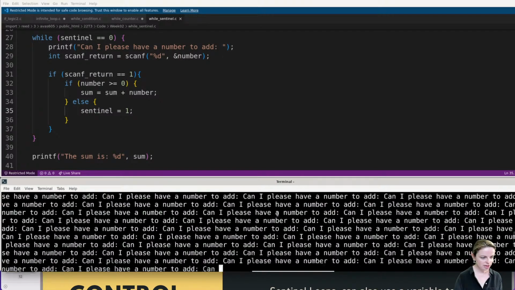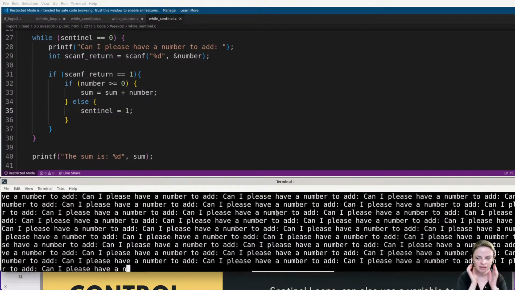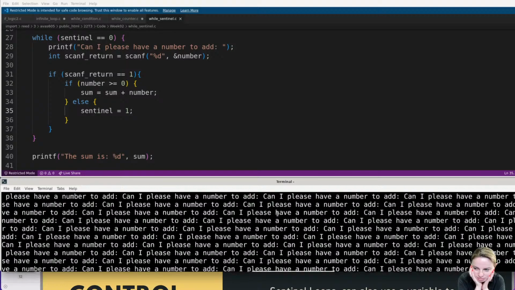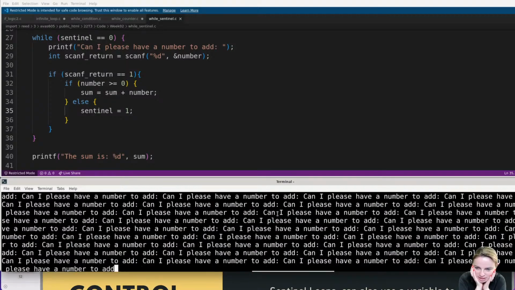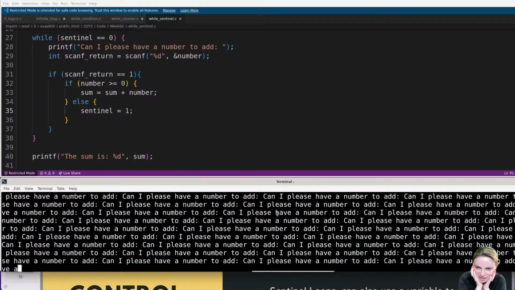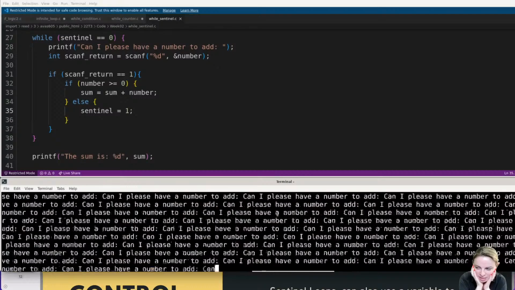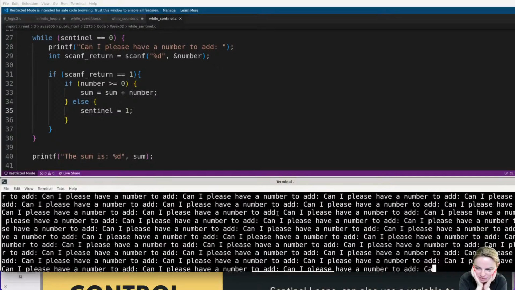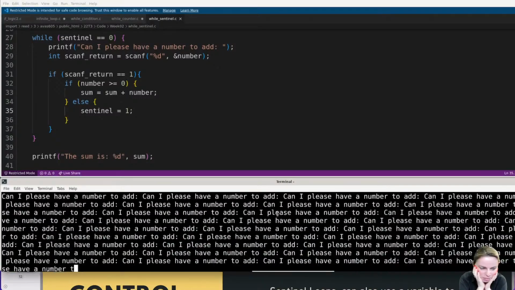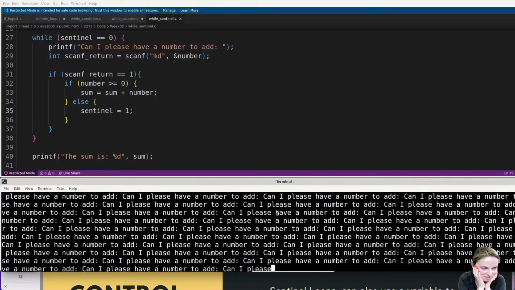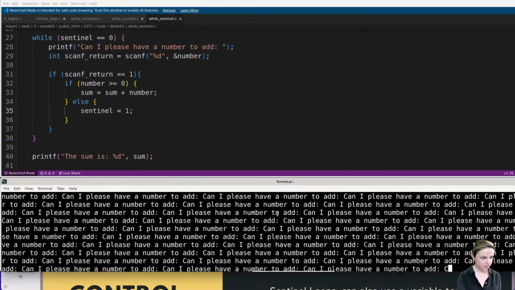And now I'll enter an A and oof, that hurts, doesn't it? That really hurts. I am now in an infinite loop. And why is it that I'm in an infinite loop?